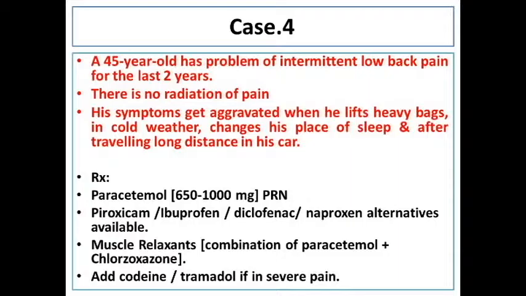Depends upon the situation, what you want to use, but anyway, you need to combine a muscle relaxant. Now here I said chlorzoxazone, that doesn't mean that should be the agent. You can always use orphenadrine or some other agent. You can of course add an opioid analgesic if the pain is very severe, but that too you need to assess the individual and then think about adding, if at all, because codeine has a property of addiction, abuse liability. So again, you need to think when you need to add these drugs to these individuals.